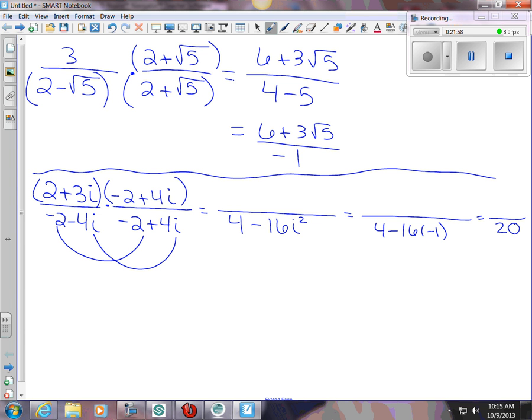Got to FOIL it out completely. So I want you to go ahead and FOIL and simplify out. Get rid of that i squared when you get it. Okay, go ahead. Okay, so in the numerator you get... does everybody agree? Yes. What's i squared equal? Negative 1. Negative 1. So this really would be negative 12. Agreed? All right, so